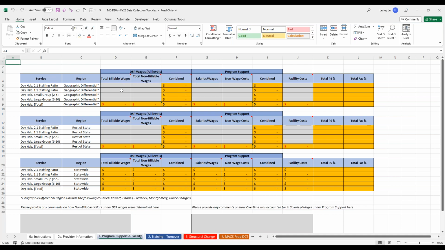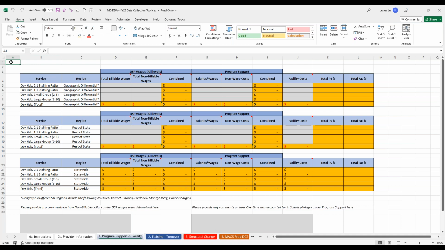So you can see that DSP wages is split out into billable versus non-billable, and we've done our best to separate out what we think would qualify for billable versus non-billable. And this is in line with the general ledger tool that the Hilltop Institute has been working on. But this tool is separate from the general ledger tools, just as a distinction.